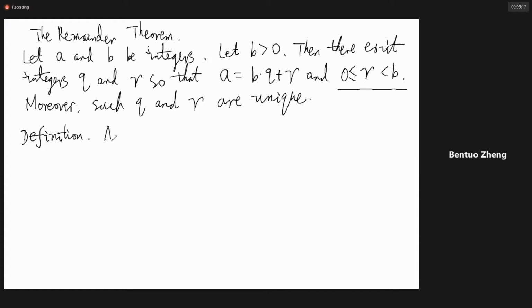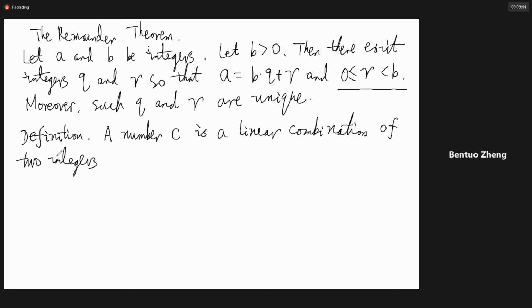Okay, so a number C is a linear combination of two integers A and B if there are two integers